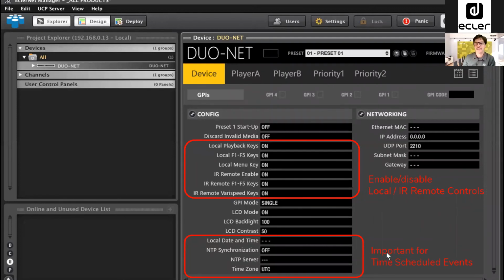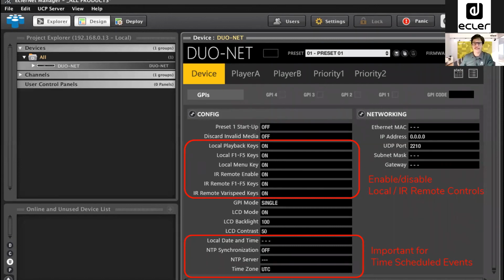And here this is important for time scheduled events. Remember, if you want to just have it on time always forever, just enable NTP synchronization on and let the DuoNet have access to internet,